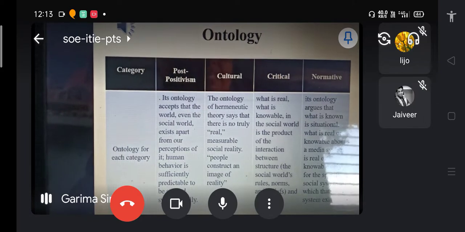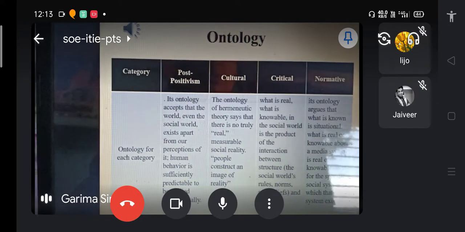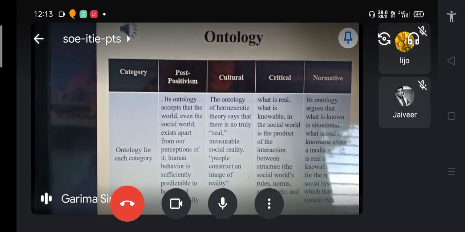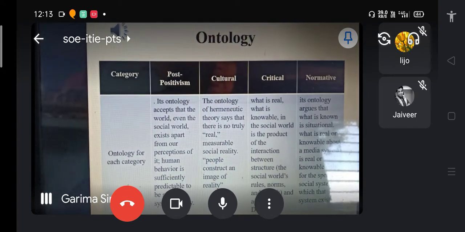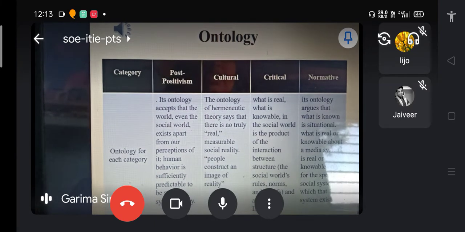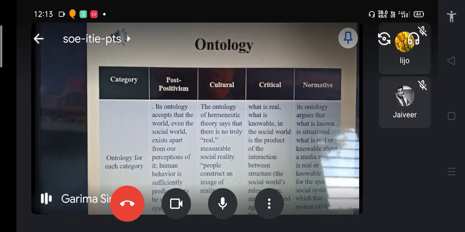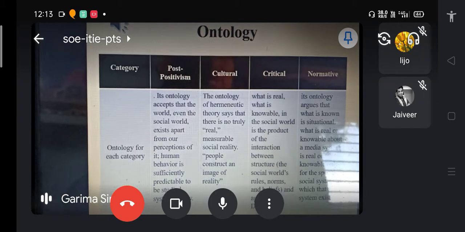This is the reality of post positivism. But when we come to the other division, that is cultural, the reality changes. Here the researcher, the people studying under the culture division, understand that there is no true